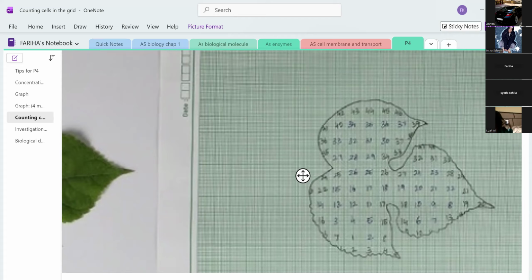Okay. How are we going to calculate the area of the leaf? At first, we need to put the leaf on the graph paper, trace the outer boundary of the leaf, then remove the leaf, and count the number of squares that are covered by the leaf. One full square, and we need to put a tick on the counted square. If we do not put the tick on the counted square, no mark will be rewarded. So one full square would be counted as 1.